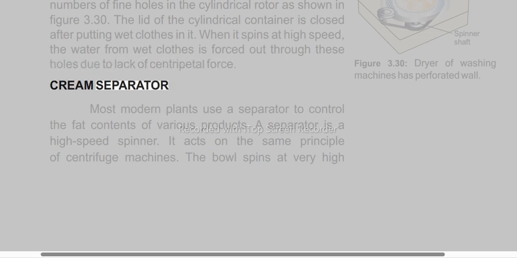Cream separator. Most modern plants use a separator to control the fat contents of various products. A separator is a high-speed spinner. It acts on the same principle as centrifuge machines. The bowl spins at very high